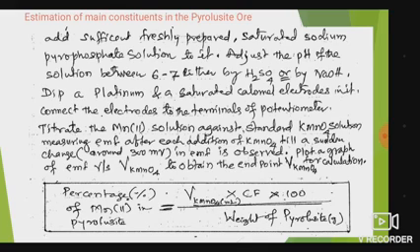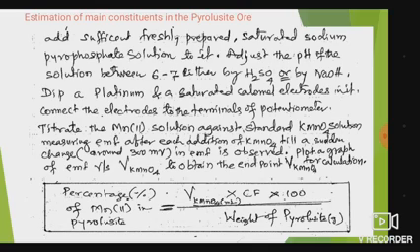Dip a platinum and saturated calomel electrode in it. Connect the electrodes to the terminals of the potentiometer. Then titrate the manganese(II) solution against the standard KMnO4 solution, measuring EMF after each addition of the KMnO4 till a sudden change of around 300 millivolt in EMF is observed. Plot a graph of EMF versus volume of KMnO4 to obtain the endpoint, that is the volume of KMnO4 for calculation, and with the help of calculation we can calculate the percentage